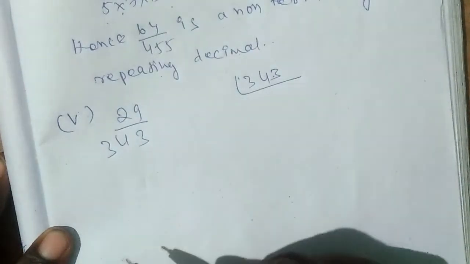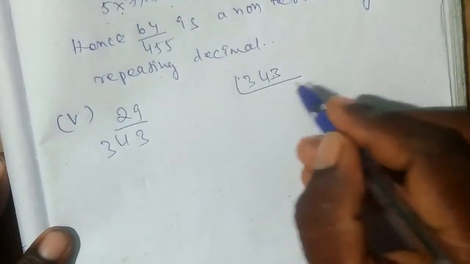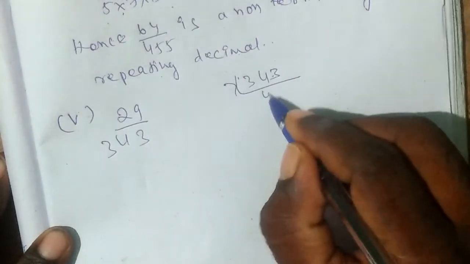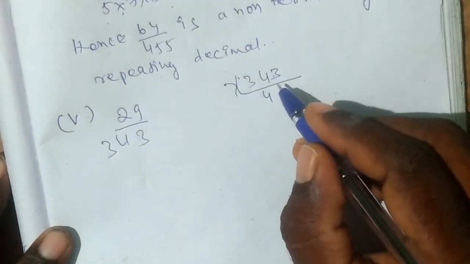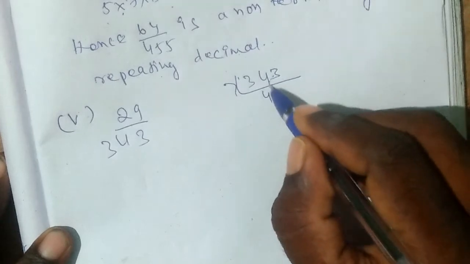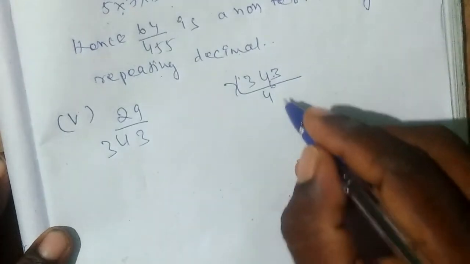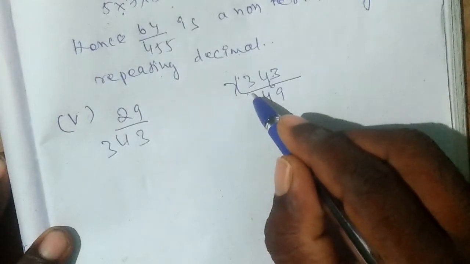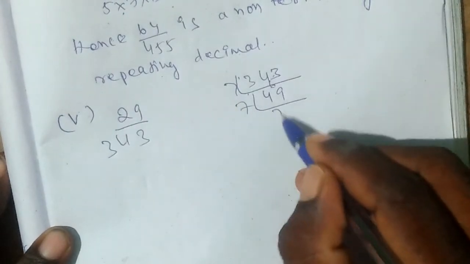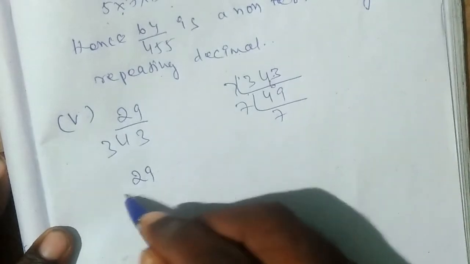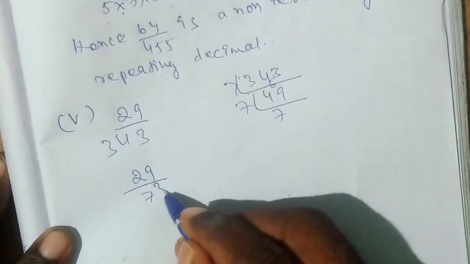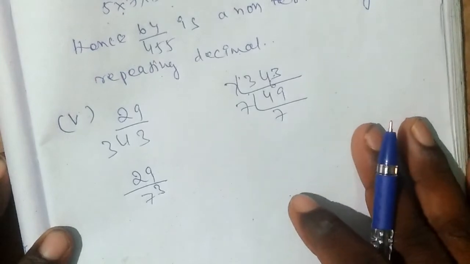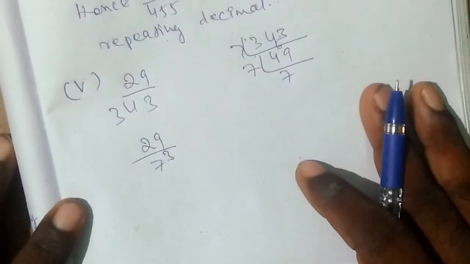So which table does it come in? 7 table. 7 4s are 28. So 6 leaves. So 7 9s are 63. 7 7s are 49. So 29 by 7 cube. So therefore